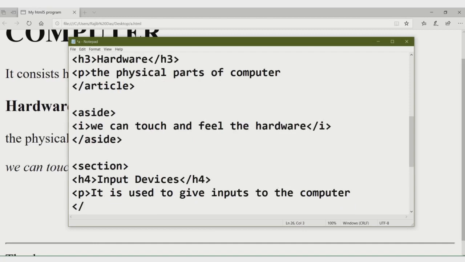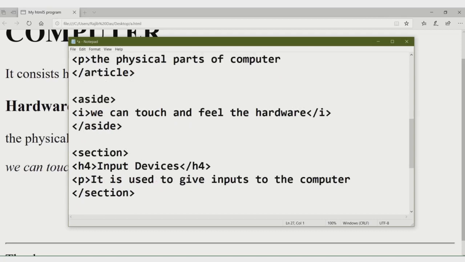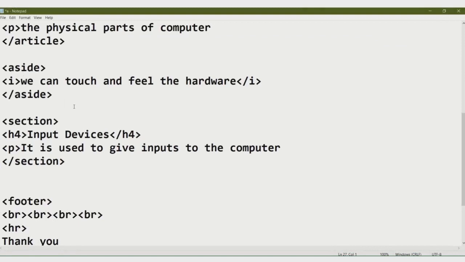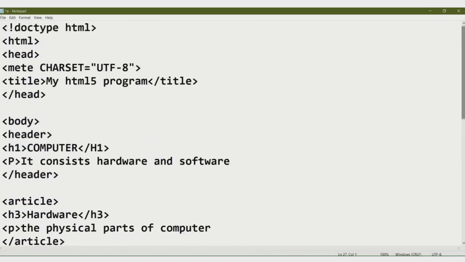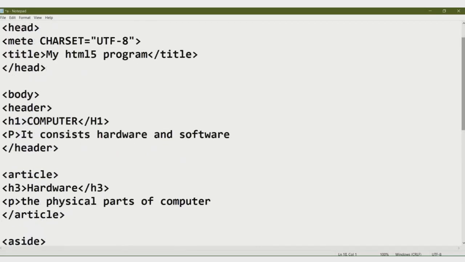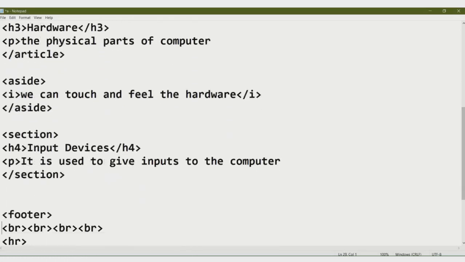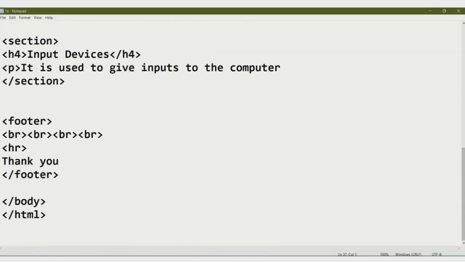Then you have to close the section tag. Okay, so see, this is the complete document of HTML. This is the first portion, and then this is the last portion. This is our complete HTML document.